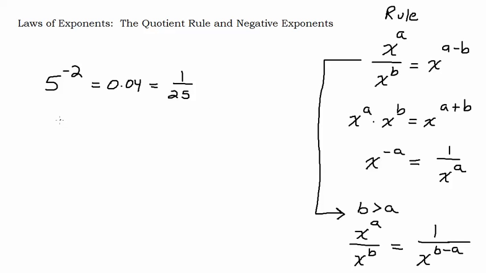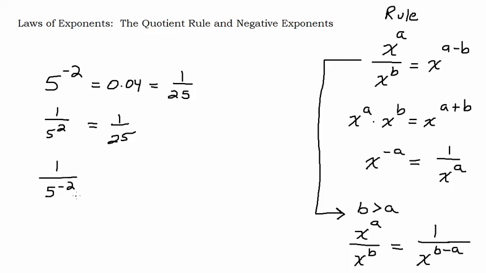So basically, 5 to the second is 25. 5 to the negative 2 is the reciprocal of 5 to the 2. So when you see a negative exponent, you need to think about reciprocal. This is really where students get a little bit crazy: if I have 1 over 5 to the negative 2,